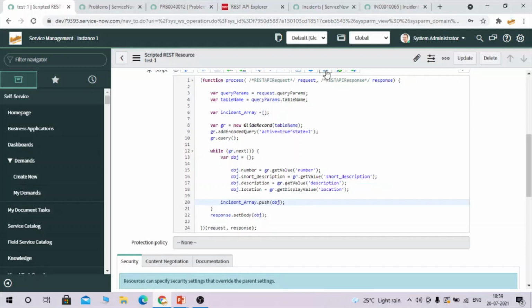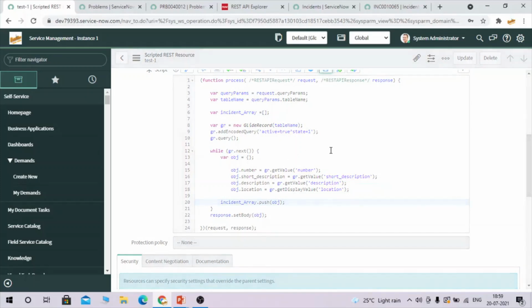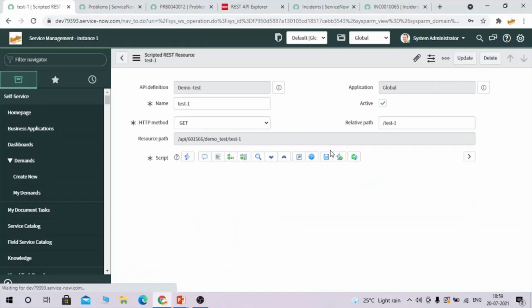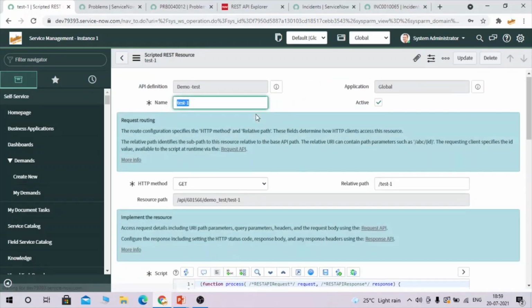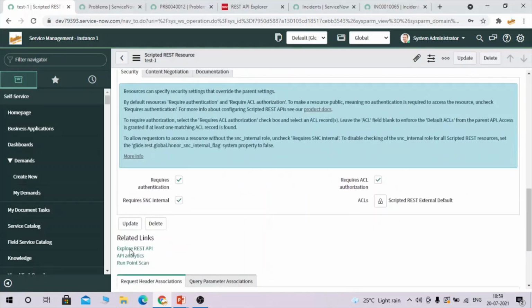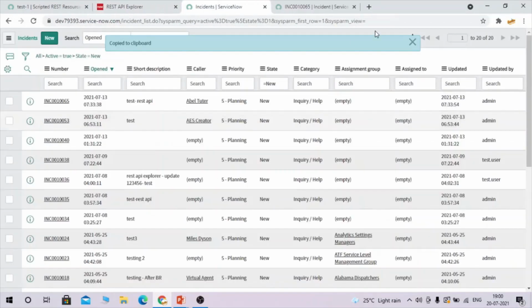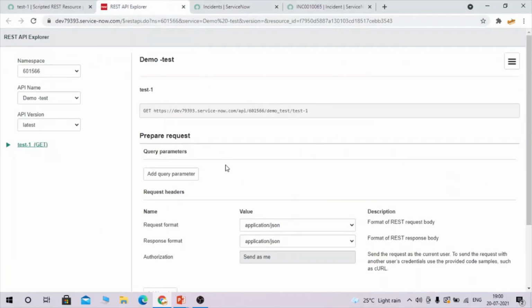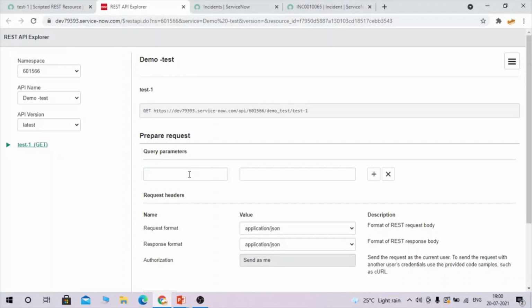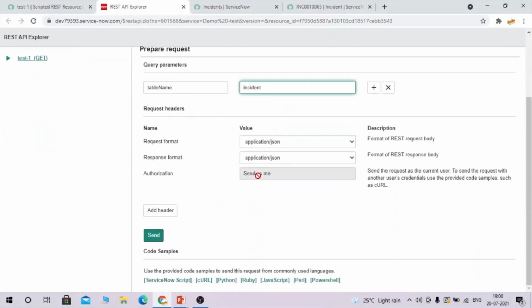Now let's save it, and this API will fetch all the incidents whose state is new. So let's run it quickly. We have 20 here. In the query parameter I'm just going to pass the table name, so I'm going to pass incident here, and send.